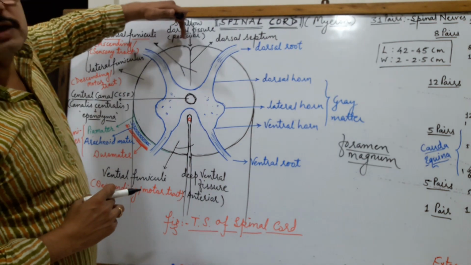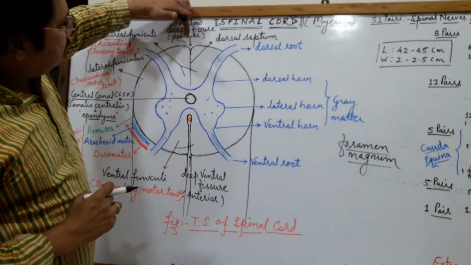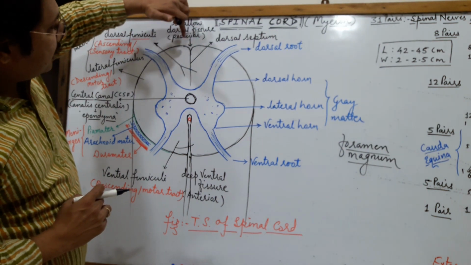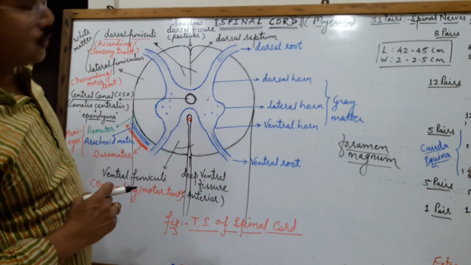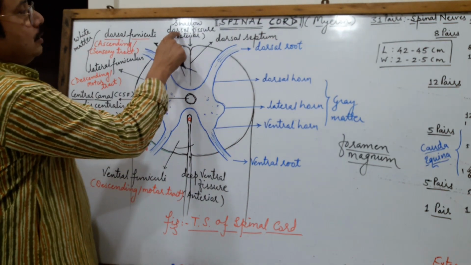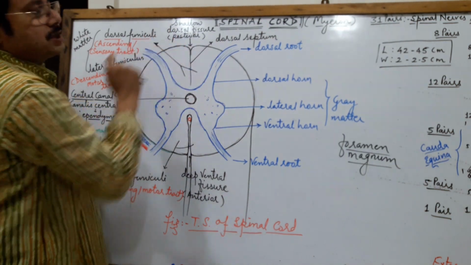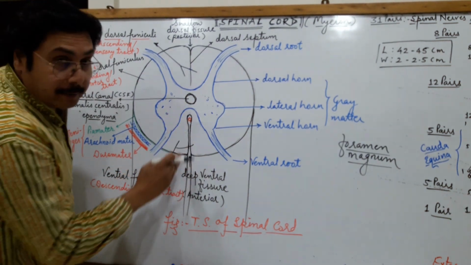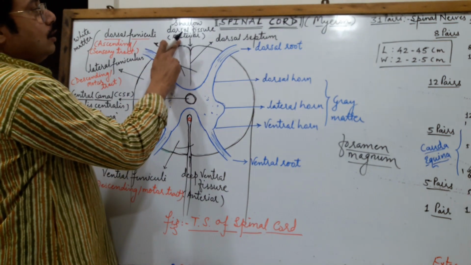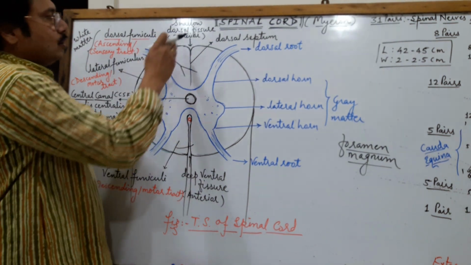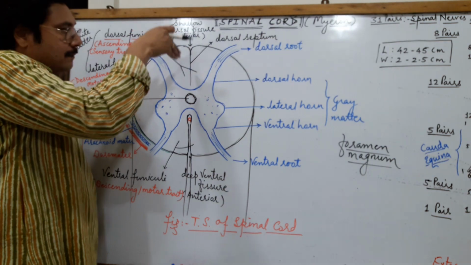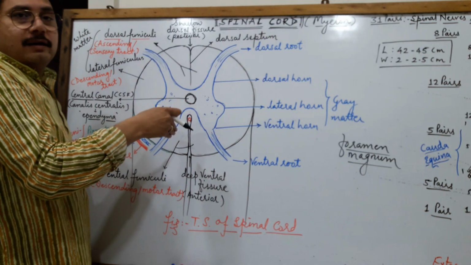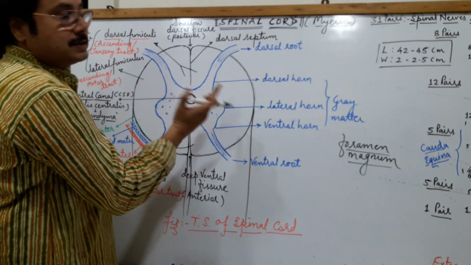While exactly at the mid dorsal side, there is a thin longitudinal septum, a continuation of the fibrous connective tissue at that fissure, the dorsal fissure, which is superficial, so called shallow, and the deep one is nothing but the ventral fissure. So the deep ventral fissure is the actual passage for the blood vessel, while through the dorsal fissure runs a thin fibrous connective tissue layer, dividing the spinal cord internally into two halves, right and left.